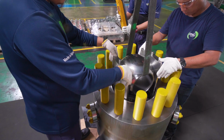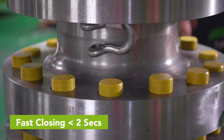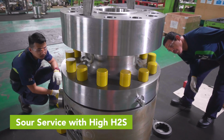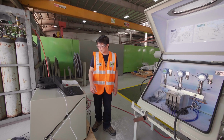bore. This is an actuated valve for HIPS application with fast closing up to maximum 2 seconds, and the service is silver with high H2S content. So the material selection for the valve is very crucial to ensure suitability for the service and its application. In this job, there are pressure class 2500 API 6D and API 6A 10,000 PSI rated HIPS trunnion mounted bore